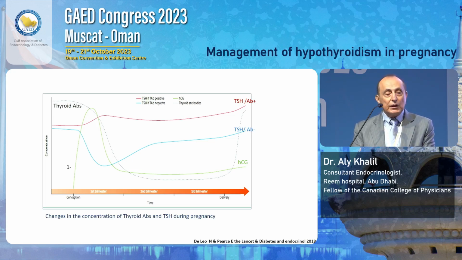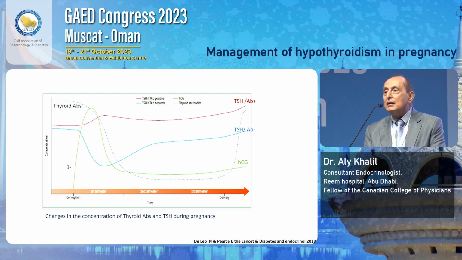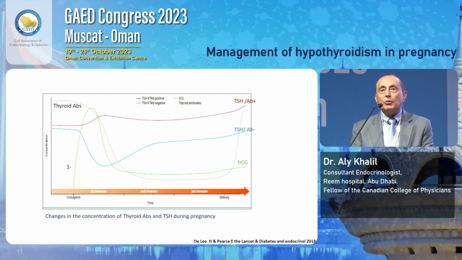Now, if you look at the dashed line, if it happens that you measure thyroid antibodies, that's something really quite relevant. Thyroid antibodies during early pregnancy are elevated, but along pregnancy there is an expected 60% drop in the level of thyroid antibodies, and this is due to the immune tolerance that really occurs during pregnancy. But the relevant point is those who start with high thyroid antibodies are expected to have even higher levels after delivery, and that's why we see a rise in the incidence of postpartum thyroiditis in patients presenting with antibodies